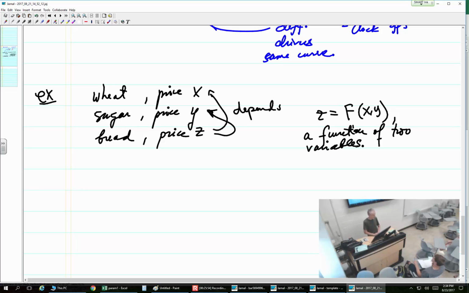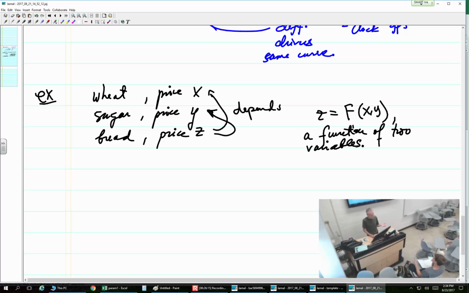Once again, in economics, you can say wheat and sugar might be dependent on each other. So once again, we throw that out. I don't know anything. I am given the price of wheat, I am given the price of sugar, and I produce, entirely in my power, the price of bread as I choose it to be. Okay, so